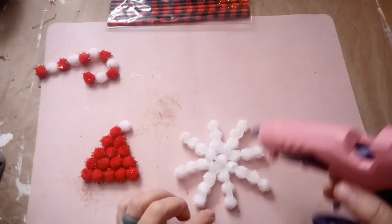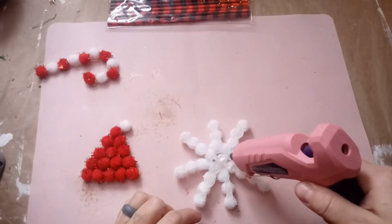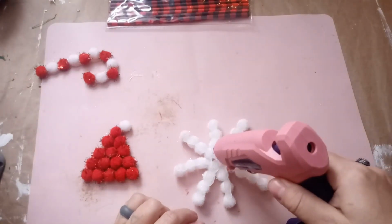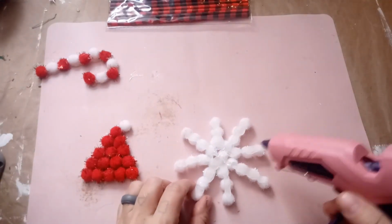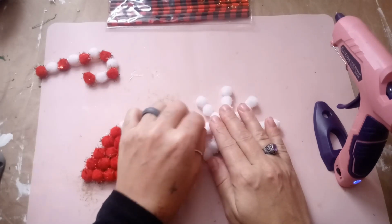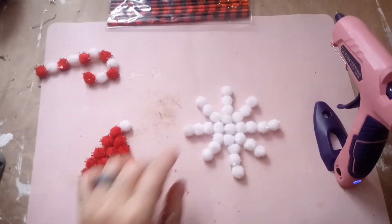To make sure it stays, I can just flip it back over on the silicone mat and add more glue, making sure I've got all of my bases covered there. And then what I'm going to do...